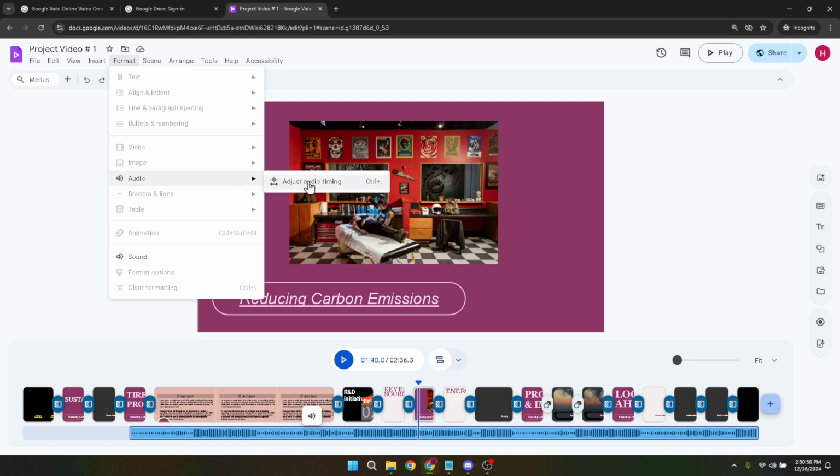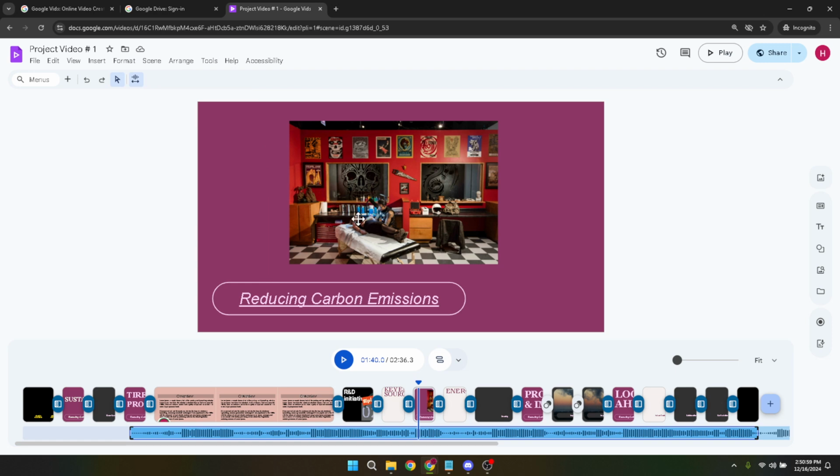Clicking on Adjust Audio Timing opens the door to fine-tuning your audio file's timing in relation to your video. This powerful feature allows you to delay the start, adjust the duration, or synchronize the audio perfectly with specific video segments. When you click on Adjust Your Audio, you'll be presented with a timeline and controls that let you manipulate